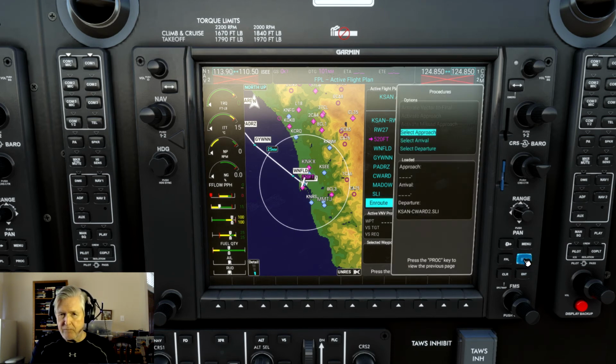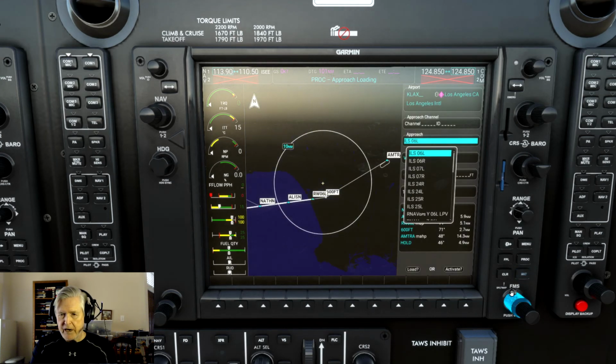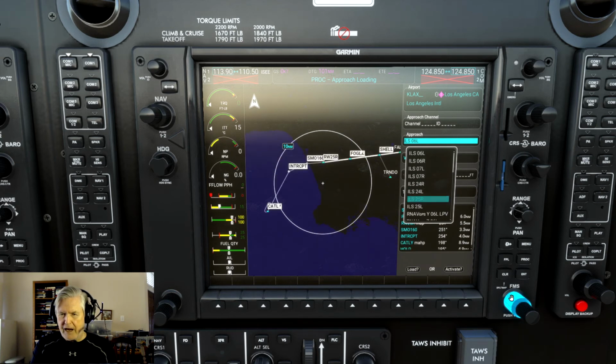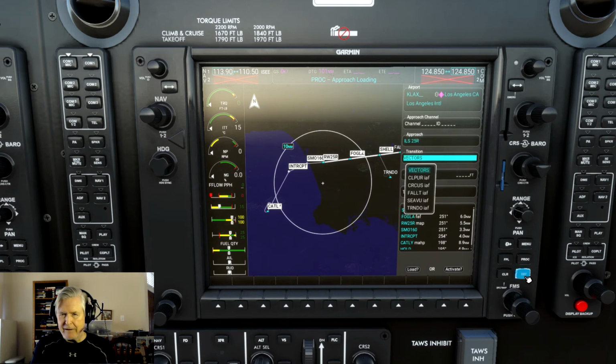Now we'll click procedure again. We'll select our approach. We're not going to use a STAR, so we won't be selecting an arrival, but we do want to select an approach. Click Int, and our approach is going to be ILS 25R. Highlight that, click Int,